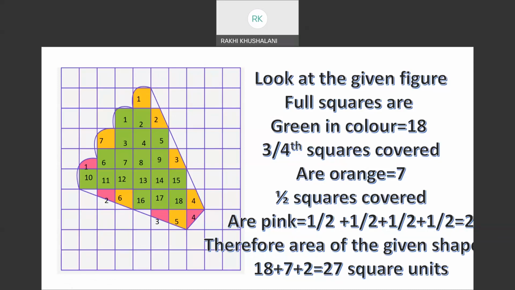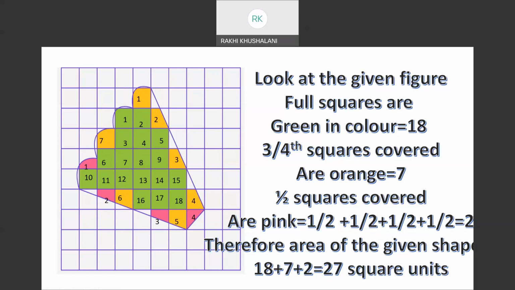Half squares covered are pink. Half or slightly less than half, we will consider it to be half. Okay? Half or slightly less than half, so we will consider it to be half. So half squares covered are pink and they are half plus half plus half plus half, and it's equal to